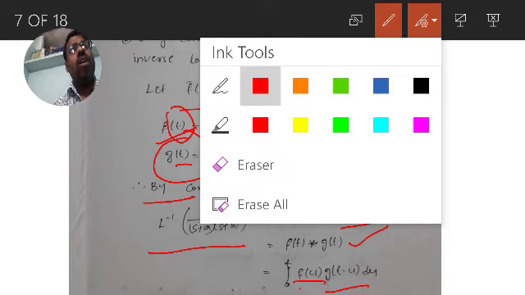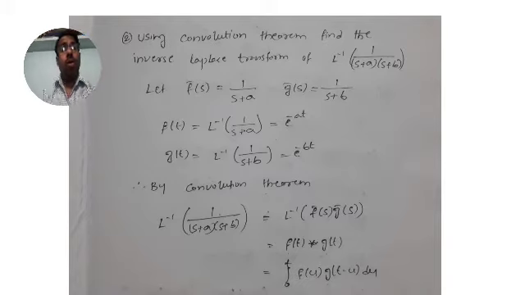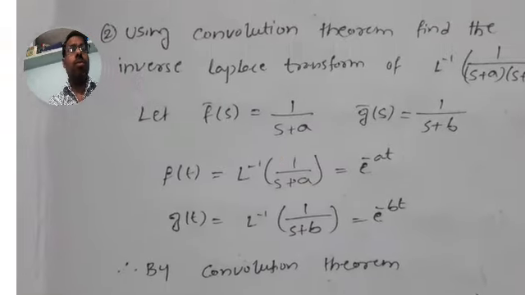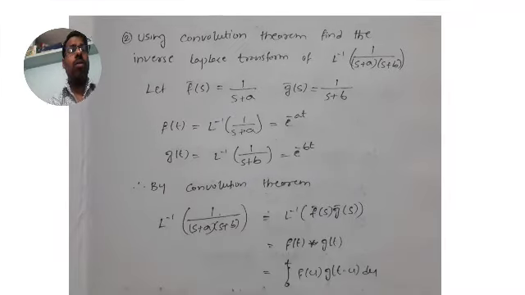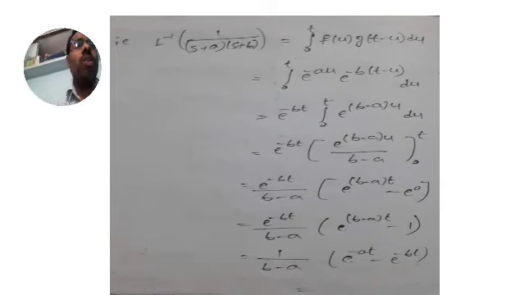So now let us go to the integration part of this problem. So what is the problem now? It is integration of 0 to t f of u into g of t minus u into du. Yes, that is integration. L inverse of 1 by s plus a and s plus b is integration 0 to t f of u, g of t minus u. What is f of u? What is f of u here?